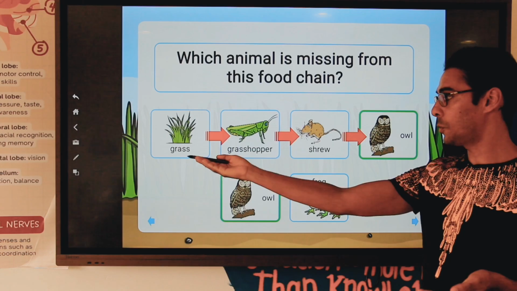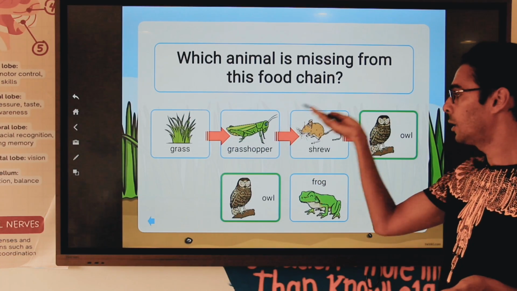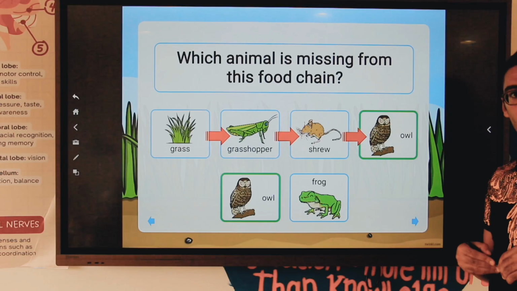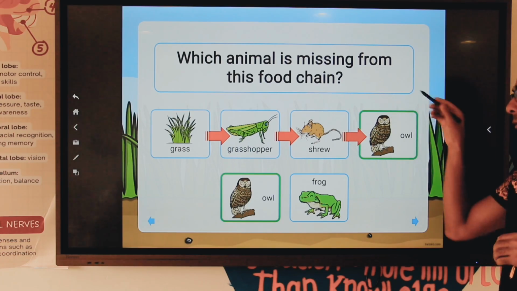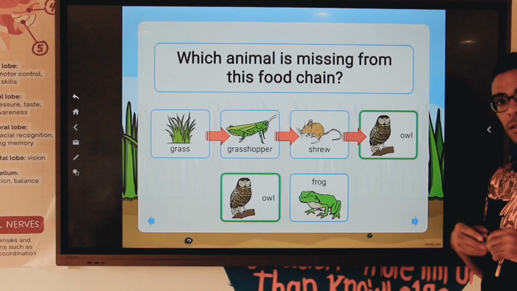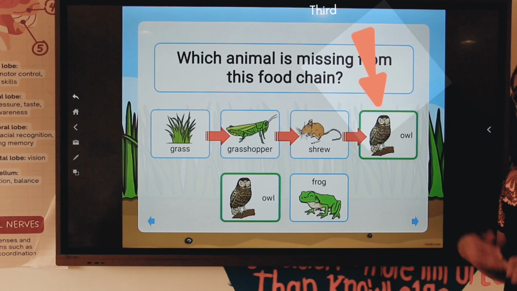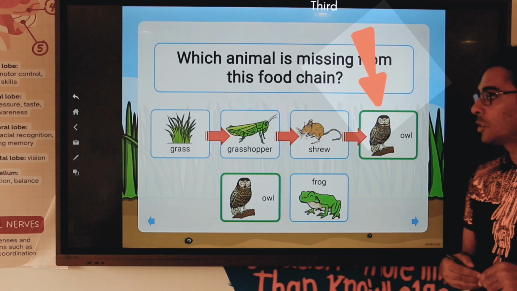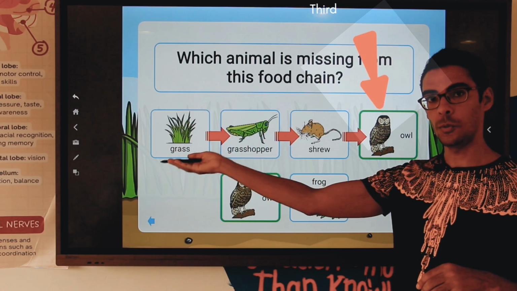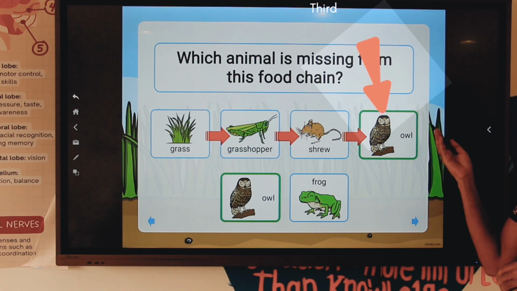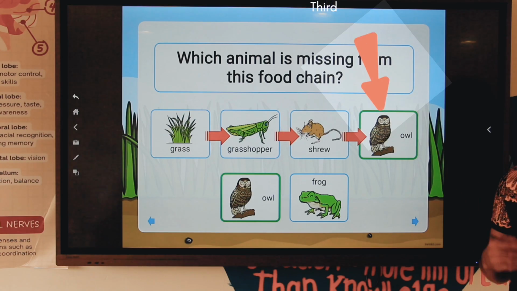If this one is a producer, primary consumer, and secondary consumer, what do we call the owl here right now? It becomes after the secondary consumer. So it's the third one. We call this a tertiary consumer. So here one more time, a producer, primary consumer, secondary consumer, and the tertiary consumer, which comes after